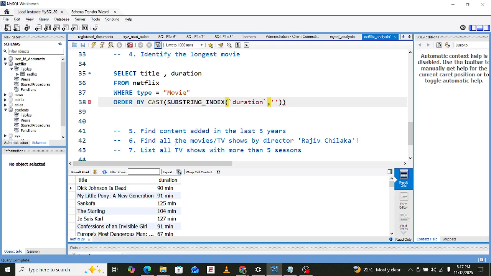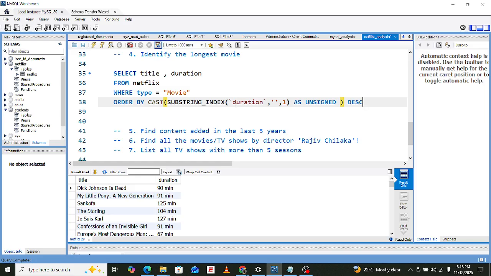Then we specify that we just need the first part, and we want to take this as unsigned, and we want this in descending order.